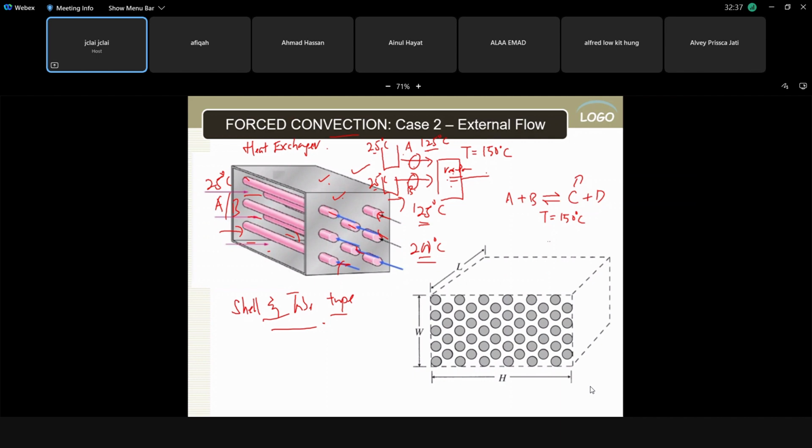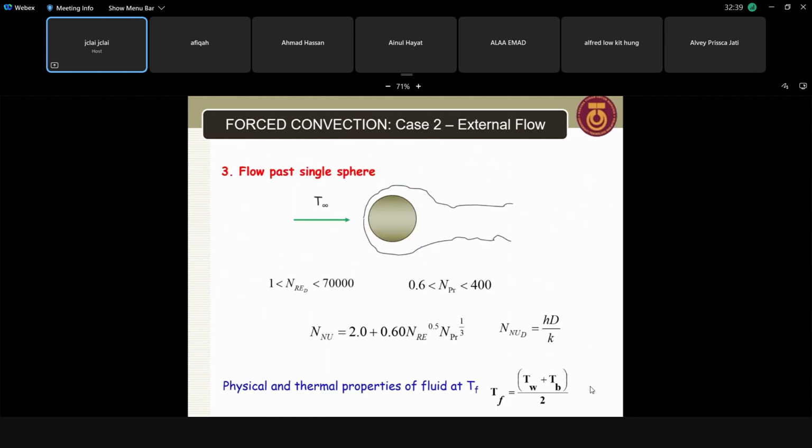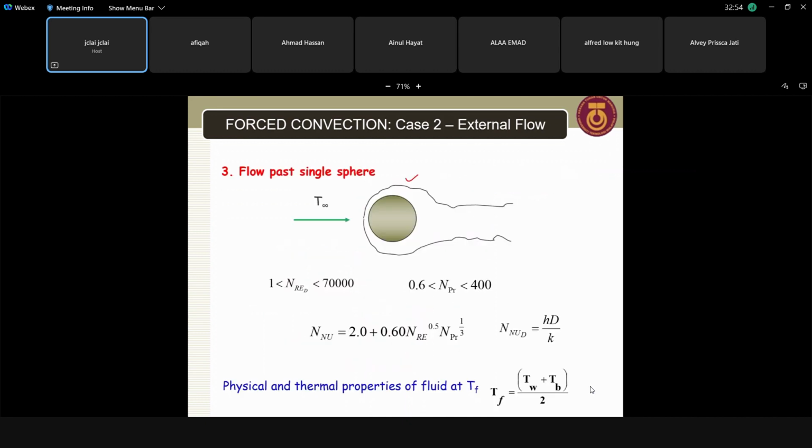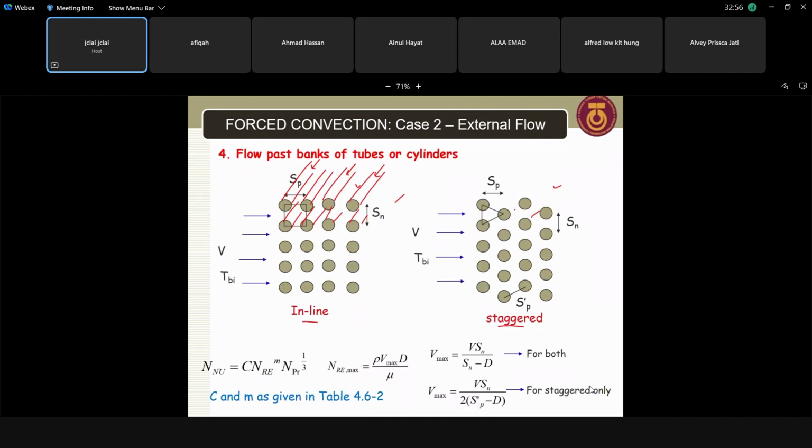Okay, the other shapes, for example a single sphere, are not that common. Or even a single cylinder. I think the most commonly used, which you will see in almost every chemical industry, is banks of tubes, because